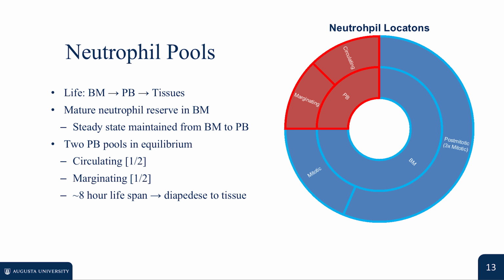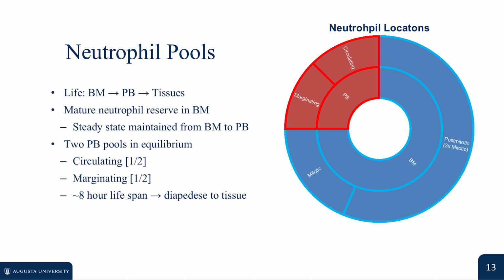Granulocyte kinetics are divided between functional bone marrow pools and dynamic peripheral blood pools. In the bone marrow, cells reside in either the mitotic proliferating pool or the post-mitotic storage pool. The mitotic pool consists of myeloblasts, promyelocytes, and myelocytes, which are all capable of division. The post-mitotic pool contains metamyelocytes, bands, and segmented neutrophils, forming a marrow reserve roughly 3 times larger than the proliferating